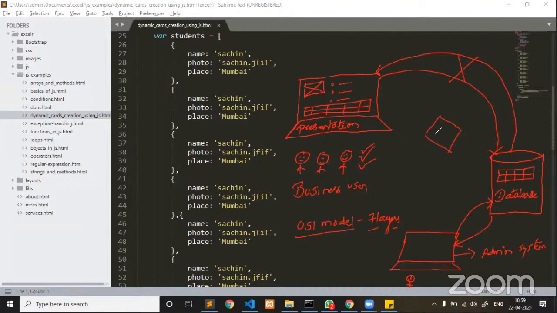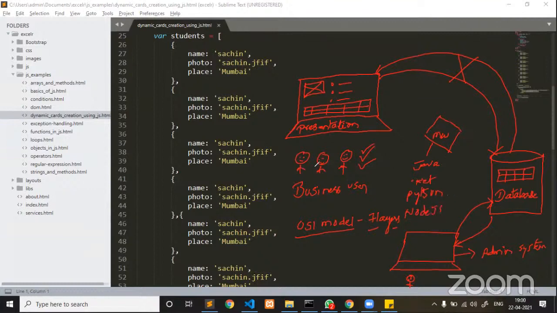That is where the middleware comes into the picture. For the middleware program, people can use Java, .NET, Python, PHP, Node.js, or whatever technology. That is up to their wish.